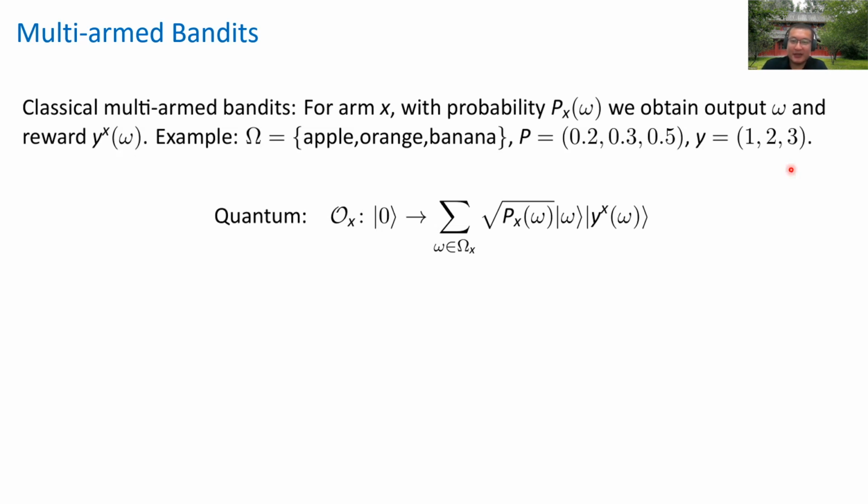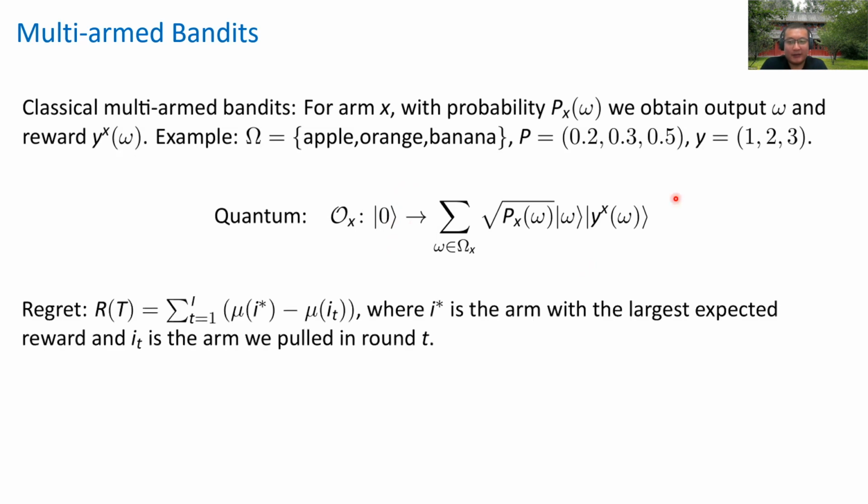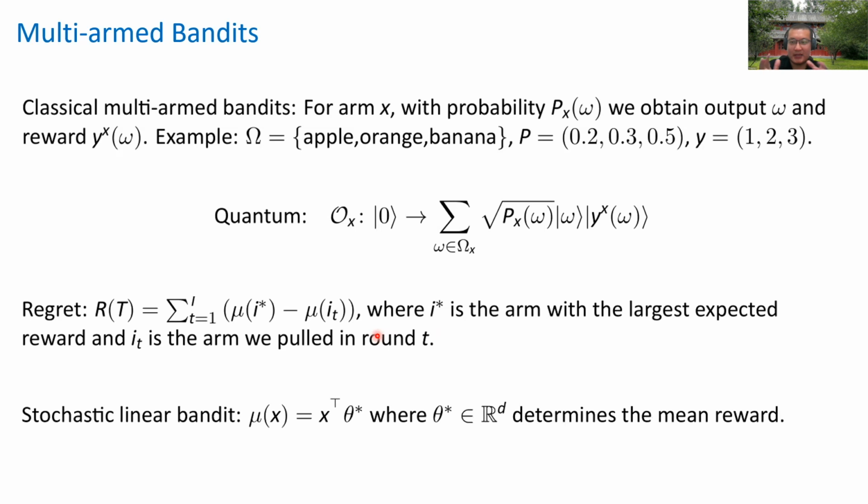In the quantum setting, we consider a direct quantum counterpart of this. Classically you have the capability of making such a random variable; just imagine that you have a quantum oracle that can prepare such a quantum state. The regret we use is defined after you choose an arm: it compares the difference between the best arm possible and the arm you chose. This is the very standard case of the multi-armed bandit, because you have different arms and want to choose among them.